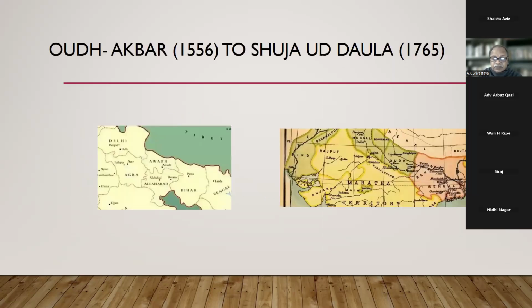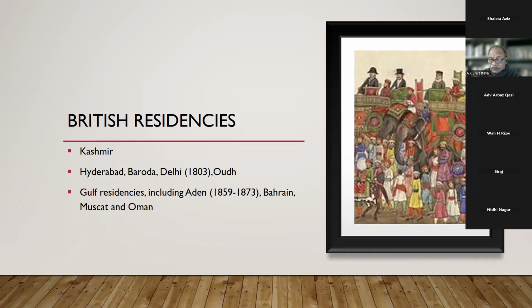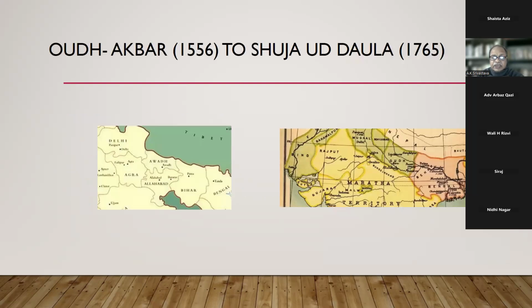Now let me tell you something about the Awadh also. Very briefly about the history of Awadh. The first time the Suba of Awadh, we can trace it to the time of Akbar. Now in this map, kindly look at Awadh. It is not a very big province, maybe smaller than Allahabad, smaller than Agra. The current UP was divided into 3 Subas, Agra, Awadh and Allahabad,